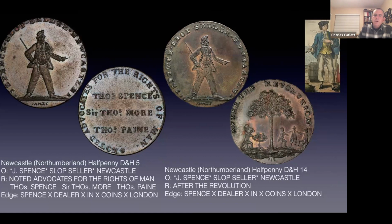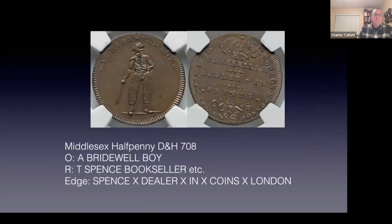Another token with clothing is a Bridewell boy. And this took a little research to figure out what it is. In 1553, Nicholas Ridley, the Bishop of London, convinced young King Edward to grant his palace at Bridewell as a place of punishment for disorderly women and as a charitable institution or school for training and education of poor children. The contemporary word at the time for a charitable institution was hospital. So Bridewell Prison and Hospital was also governed jointly